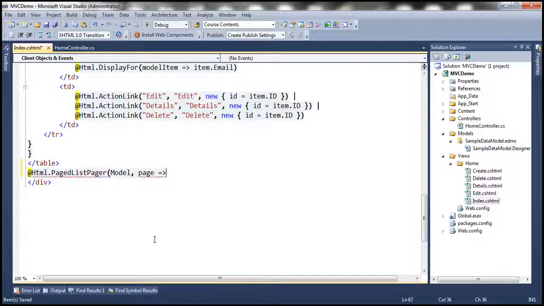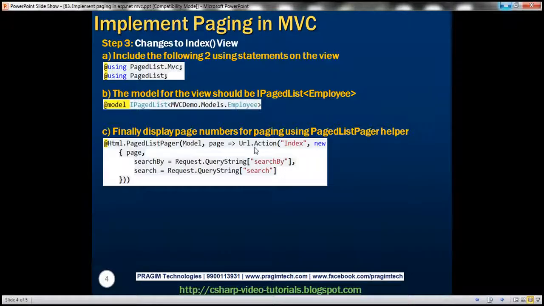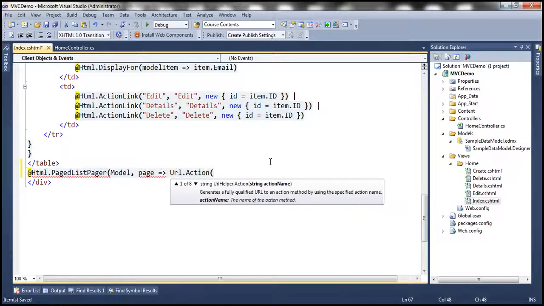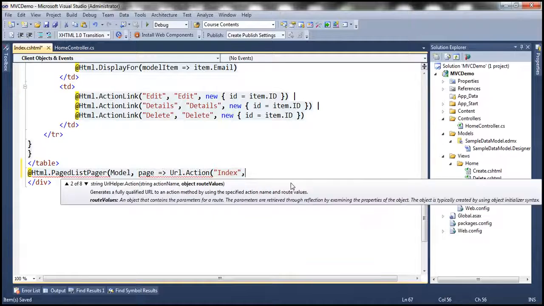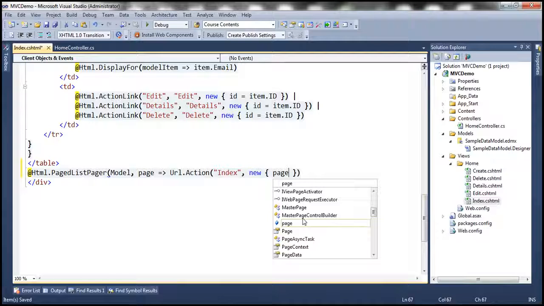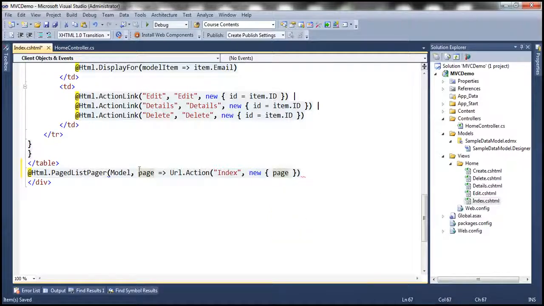So that will be the parameter in the URL, and then we are going to use the Url.Action HTML helper. Using that we can generate hyperlinks. So we are going to use Url.Action, and then the action that we want to navigate to is the Index action, and then we can specify the route values using an anonymous type. So new, okay, so I'm going to pass the page parameter to that. Alright,